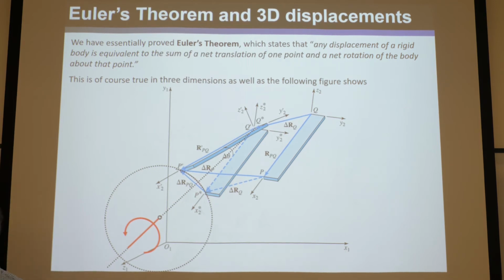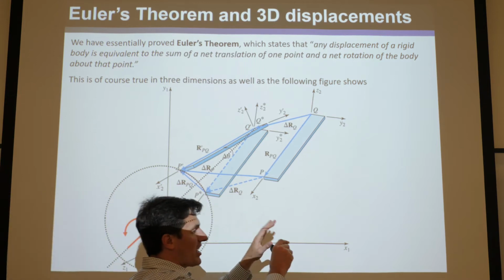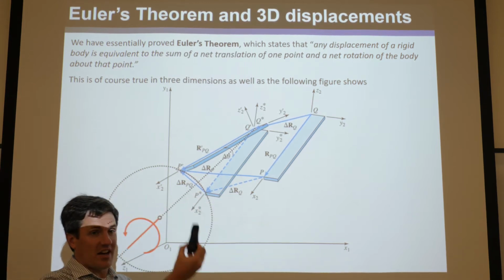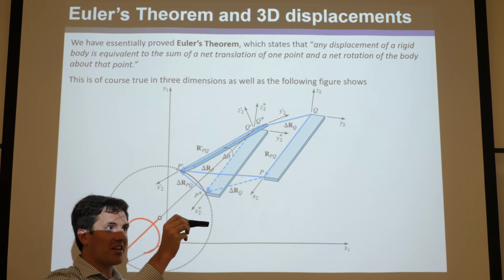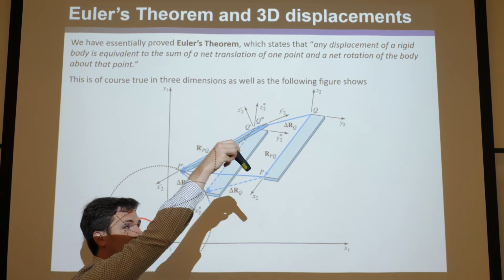It's important to point out Euler's Theorem states essentially what we've proven. It states that any displacement of a rigid body is equivalent to the sum of a net translation of one point and a net rotation of the body about that point. So in other words, no matter what I do to this object, if I start here at time t equals 0, and I don't care what it does, and I stop here at time t equals delta t,